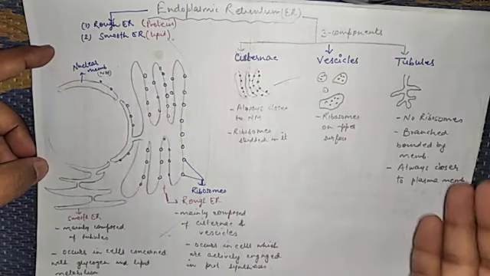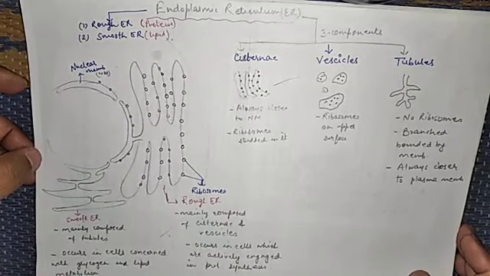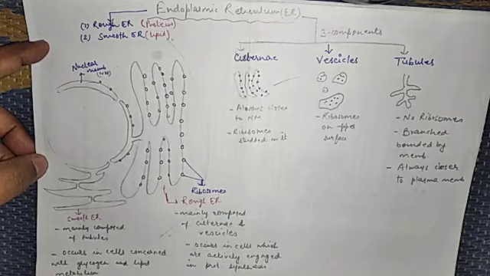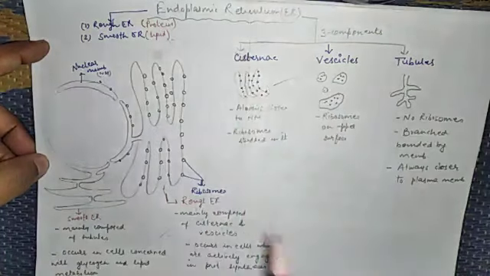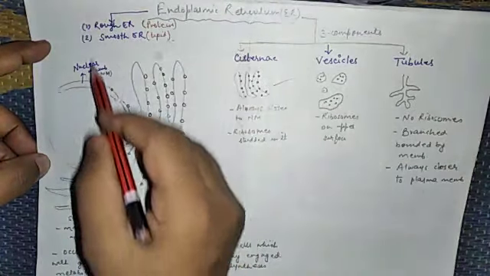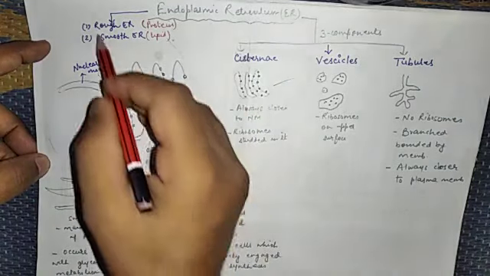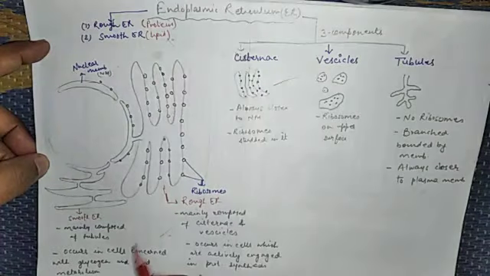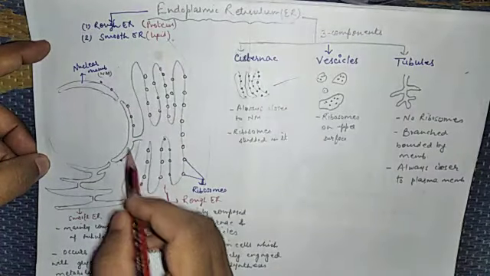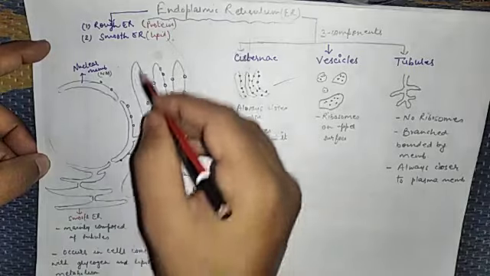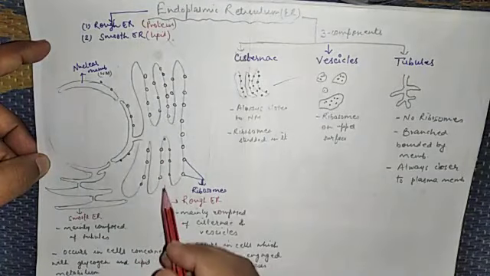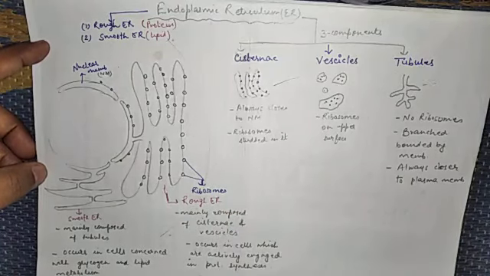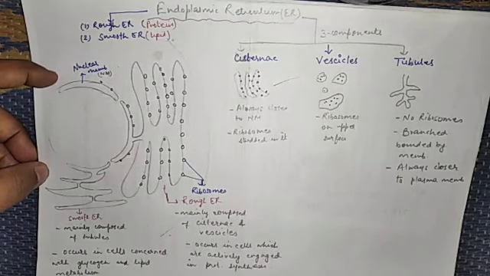Now coming to a different topic, on the basis of the formation of products, ER is of two types: rough endoplasmic reticulum and smooth endoplasmic reticulum. Rough ER helps in protein synthesis because it has ribosomes. Here we can see that the outer membrane of the nuclear membrane and the rough ER both have ribosomes. And ribosomes, we know, are the protein factory; they help in protein synthesis in the cell.